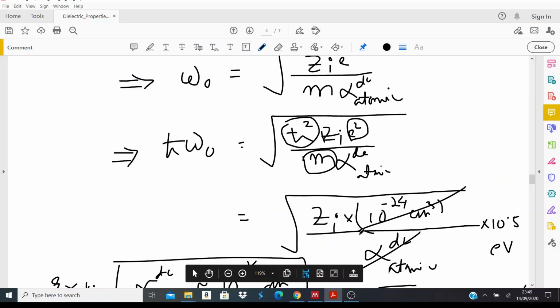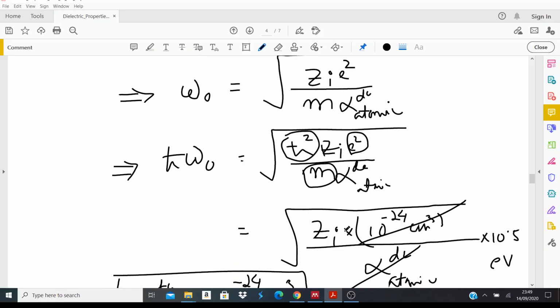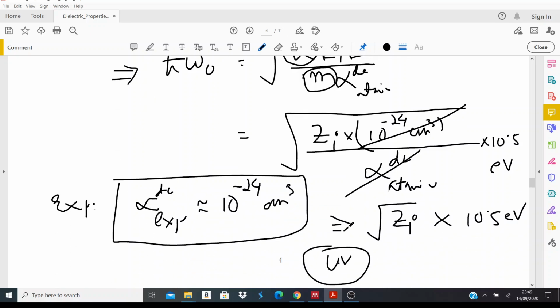The electronic shell will not have enough time to respond and counteract the external oscillating electric field. So then this polarizability will not be contributing anything. But if the frequency of this oscillation is below this UV range, then you can see there is a significant contribution from the atomic polarization. And these things will be clearer in